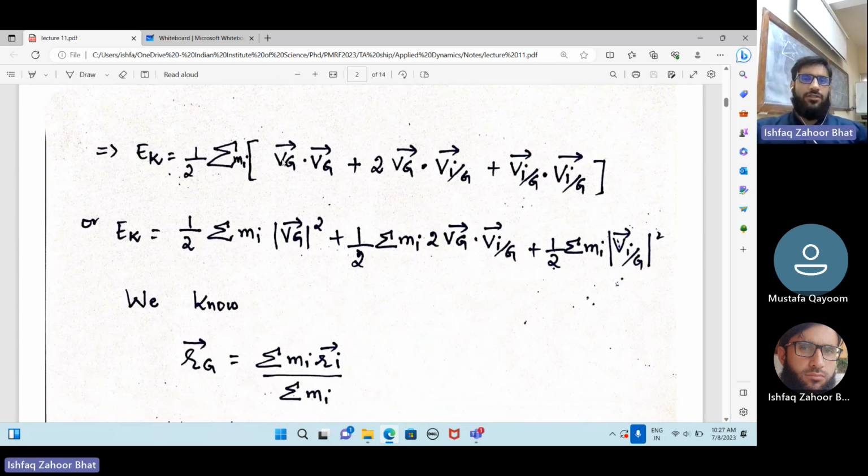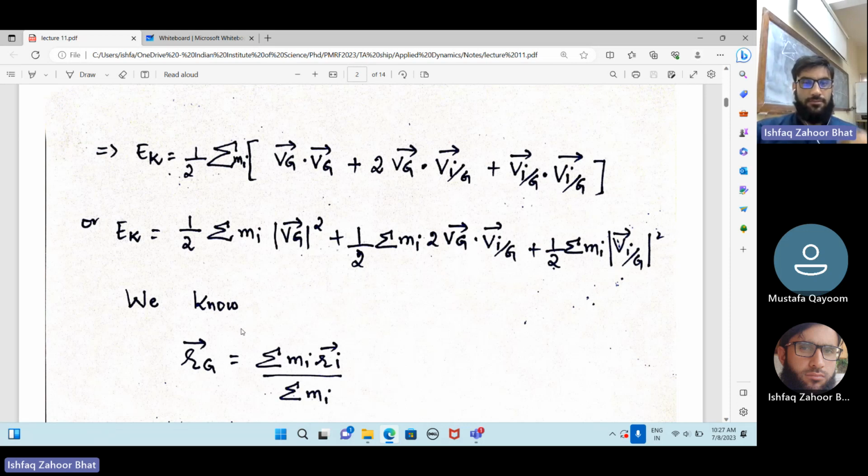So what is V_g dot V_g? It is the second norm of this vector, that is, the magnitude of the V_g vector. Similarly, I have taken this expression and multiplied it with each of these terms. So this is 1/2 summation of m_i, 1/2 summation of this, the summation of m_i, twice V_g, plus